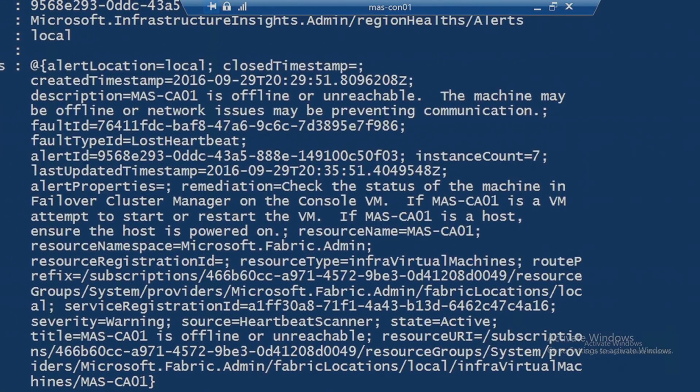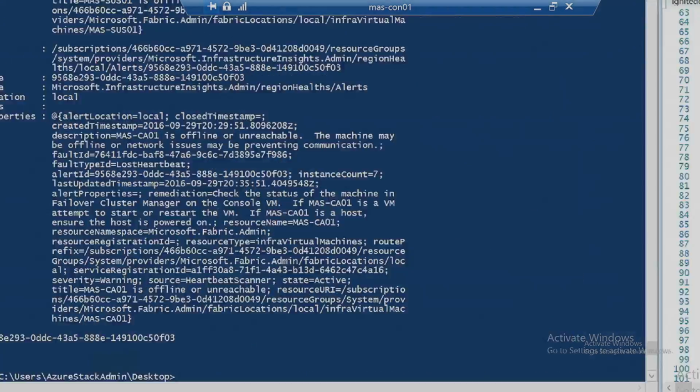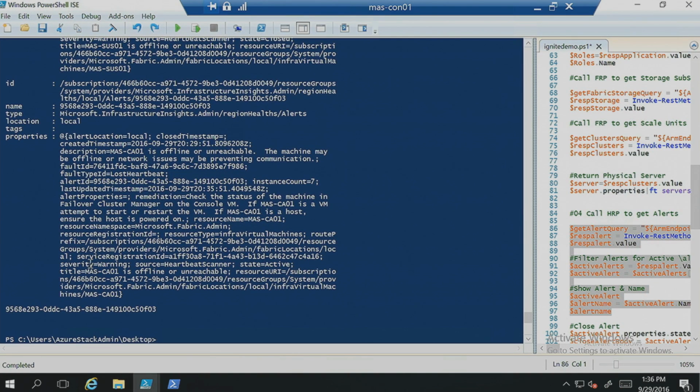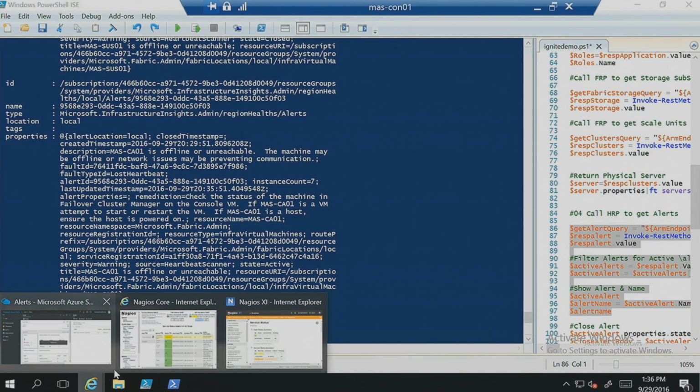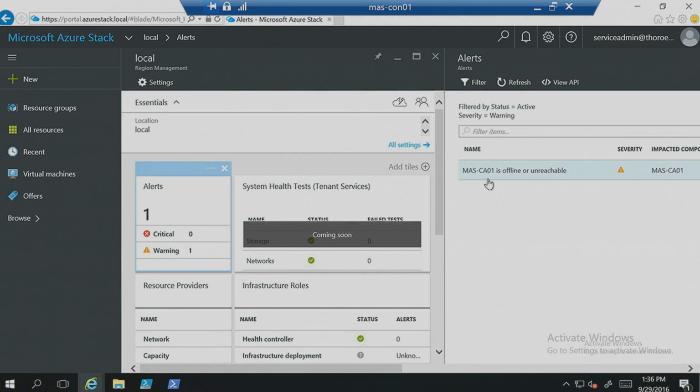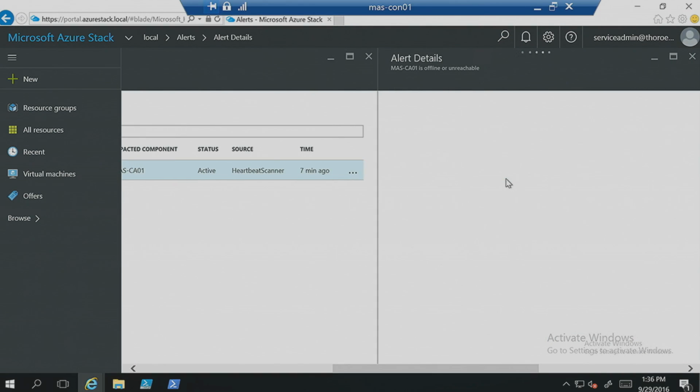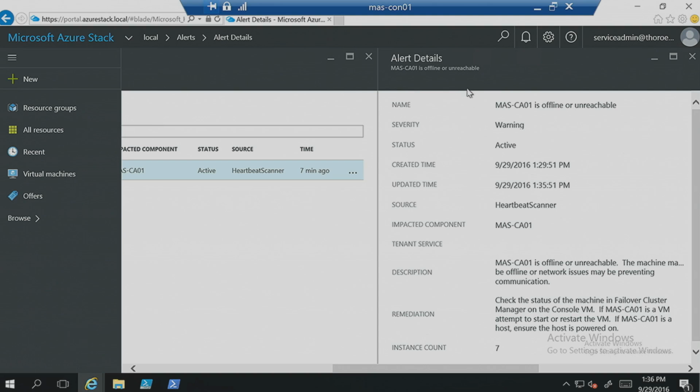Yep, CA01. So what about closing the alert? Let's see if we can do that in the portal. Let's select the alert. There's no action. So let's try if we can close it through the API.